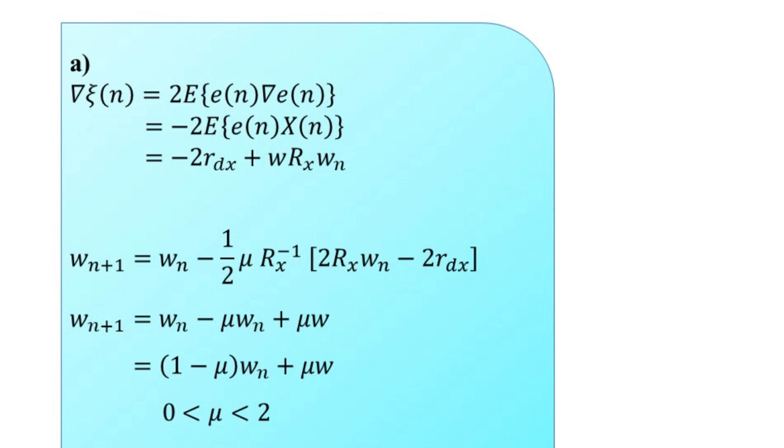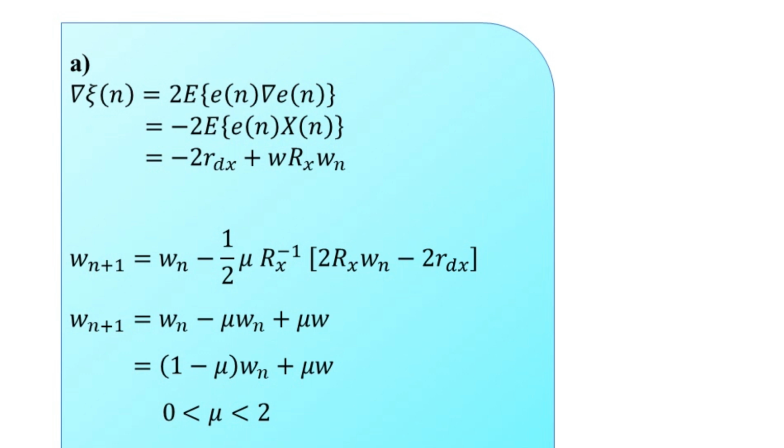So there it was the part A. The question it was, for what values of mu is the Newton's method stable, that is for what values of mu will Wn converge here. So we have utilized the update equation provided in the problem statement itself here, and by utilizing the same we have the answer that the stability we find for the step size greater than 0 but less than 2 here.